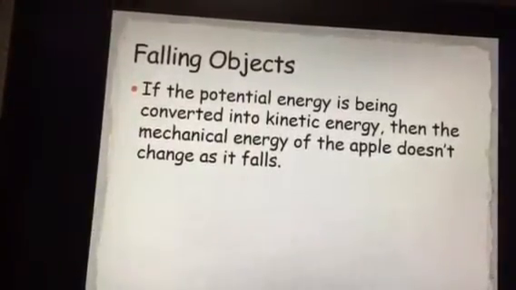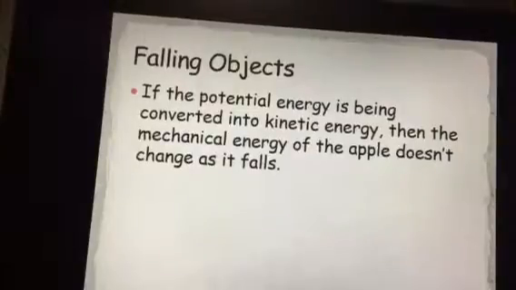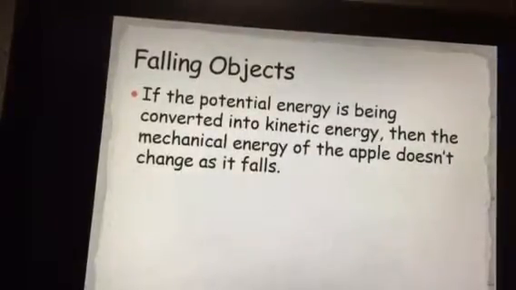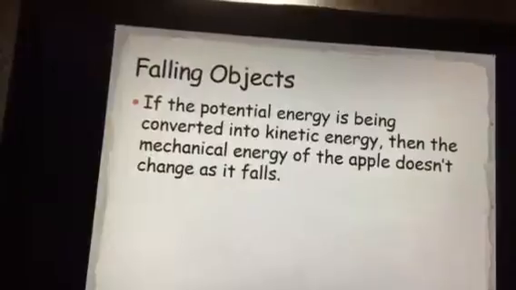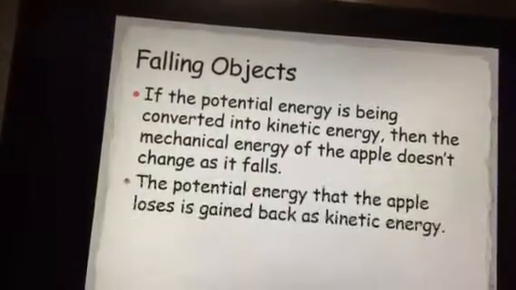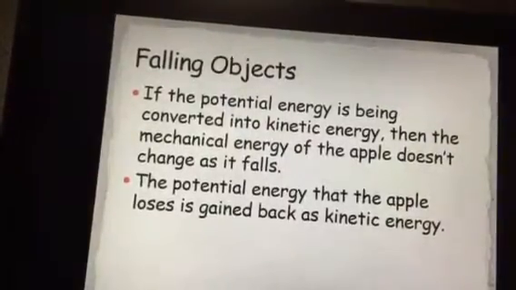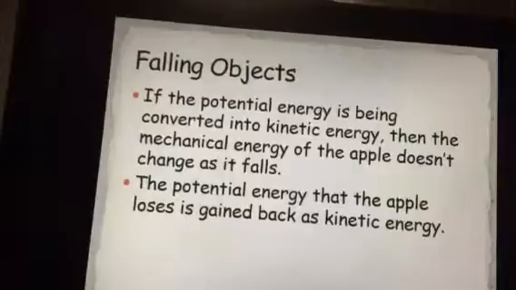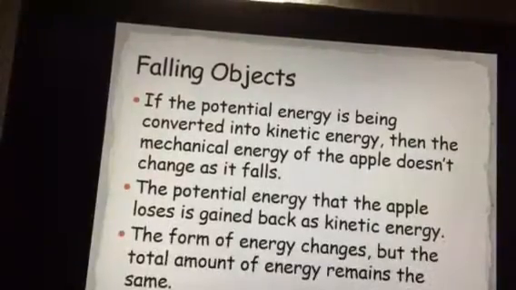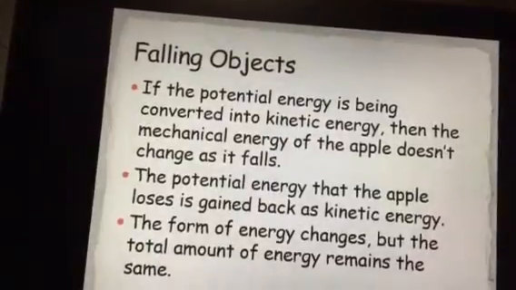Therefore, if you're given mechanical energy for an equation and asked to find something like the velocity of the apple falling, you can set the mechanical energy equal to KE plus PE, and you can solve for mechanical energy as long as you have the mass of the object and the height at which it started. And the potential energy would not be lost. It is completely converted into kinetic energy. And so the forms of energy can change back and forth, but the amount of energy should remain the same